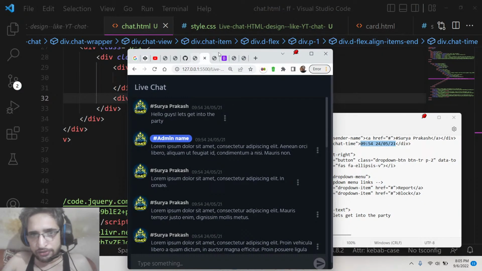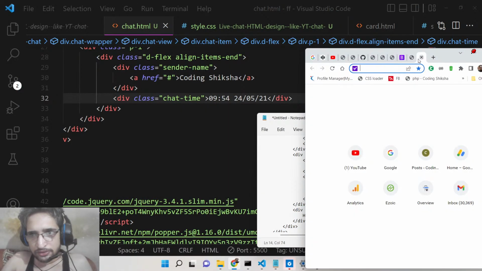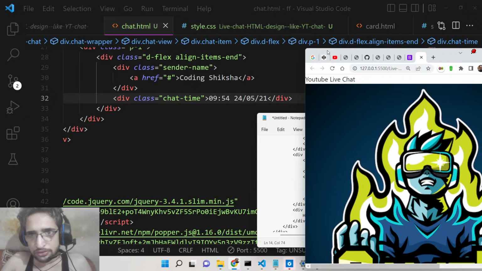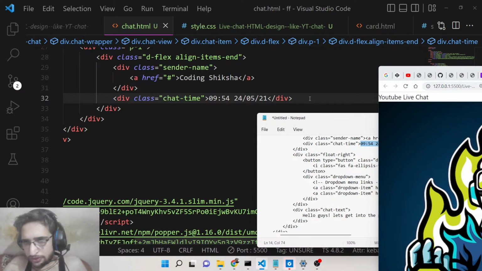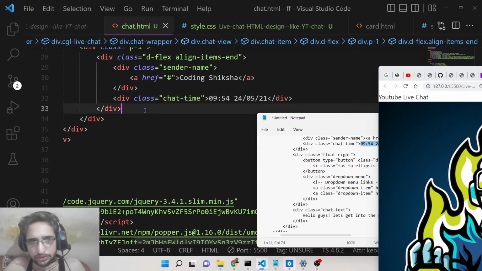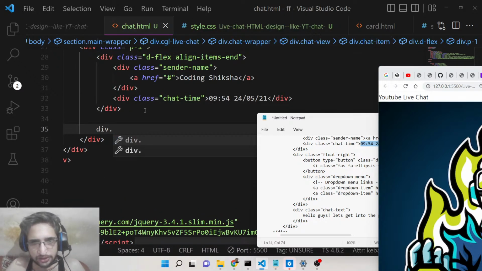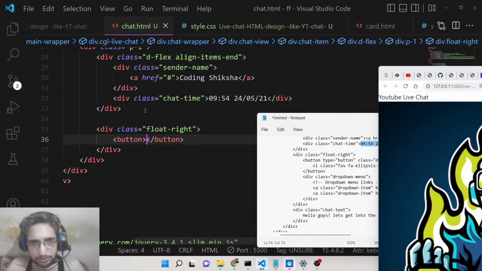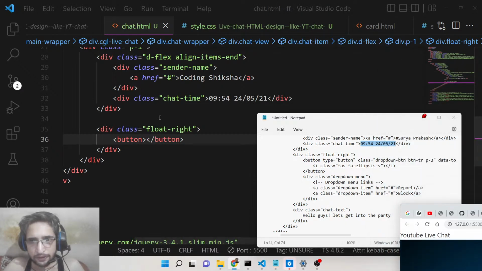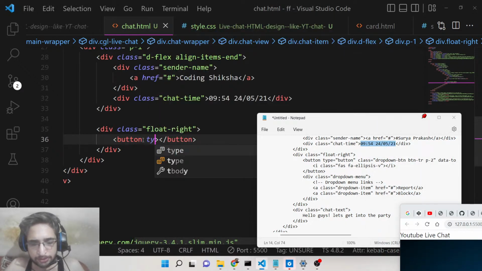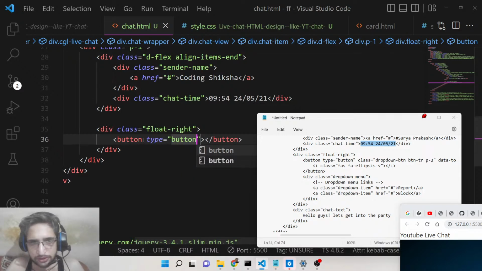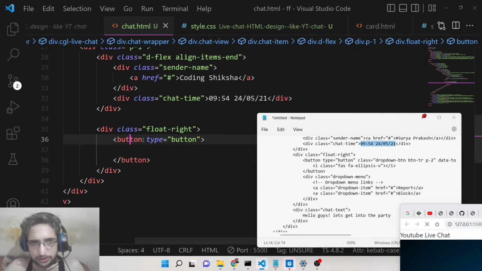We will float it on the right hand side. After this div is over, we will have another class which will be floating in the right direction, and here we will have a button, with button type button,